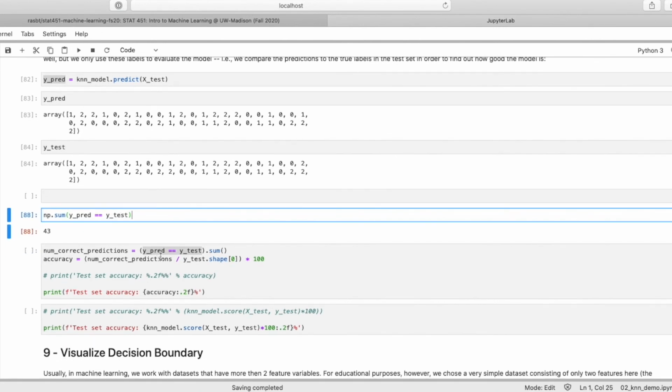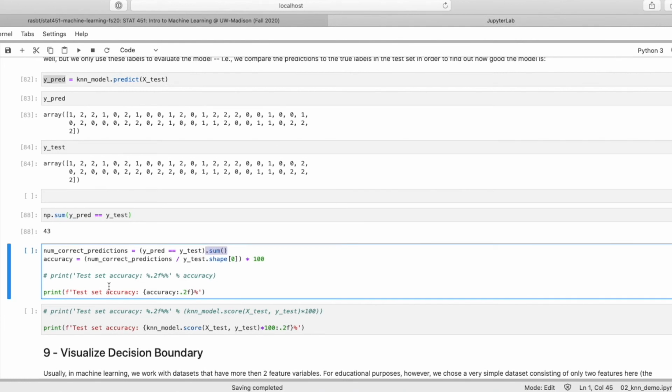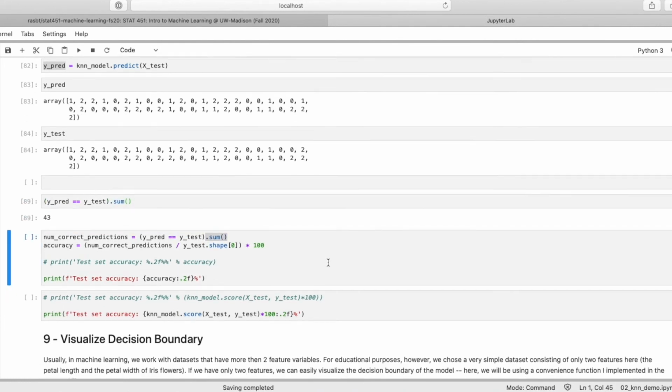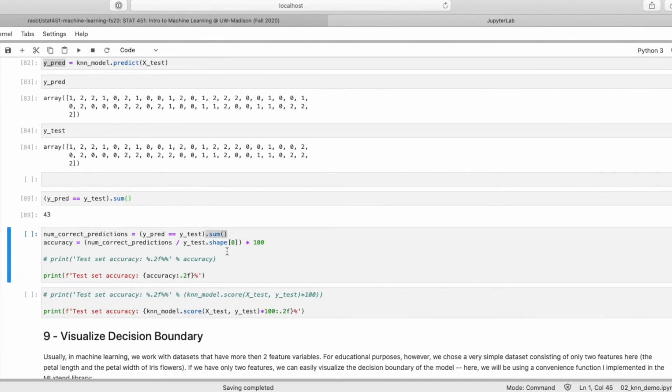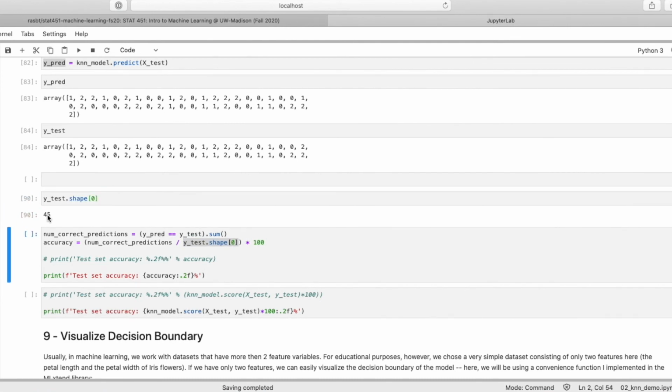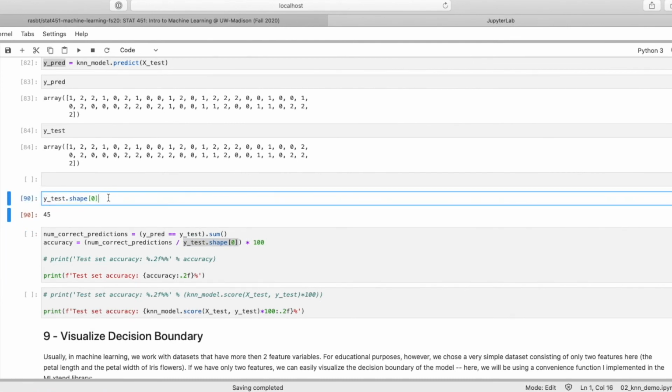All right, so here, I see I wrote it like this, it's the same. So we can also write it like this, it's the same thing. So now in order to find out the accuracy, we have to divide by the total number of examples. And the total number of examples is the length of the array. So if you recall, shape looks like that. It's a tuple, so there's this comma.